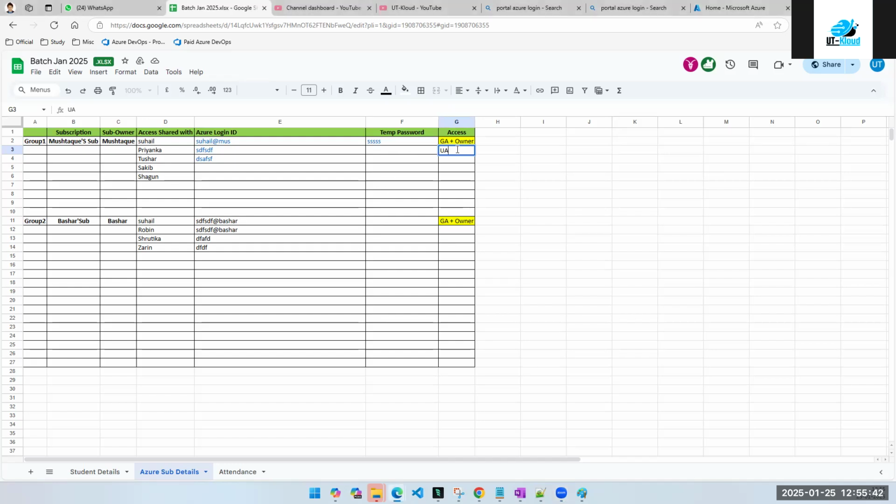Make the rest all user admin, and then on subscription level all of them will be reader. Are you guys getting it? This is especially for Mushtaq and Bashar, but you should all understand this, you will have to create it later. Getting it, Mushtaq, Bashar? All will be user administrator and reader. Yes. If you want some help, if you want to make someone you know a global admin, that's okay. Let's say Bashar says, I'm taking help from Robin, so create him global admin. It's okay, it's up to you. I leave it up to you how you want to manage yours, but make me global admin and